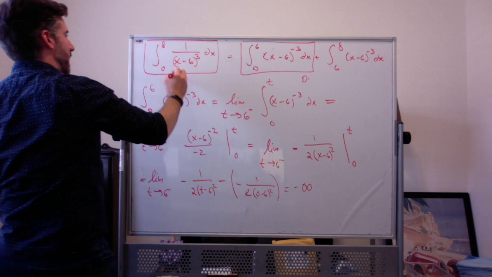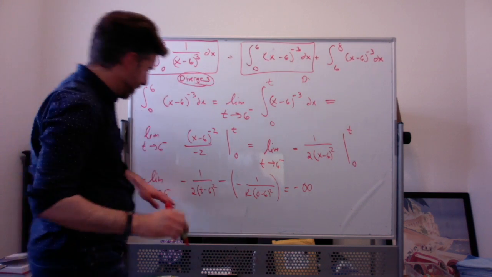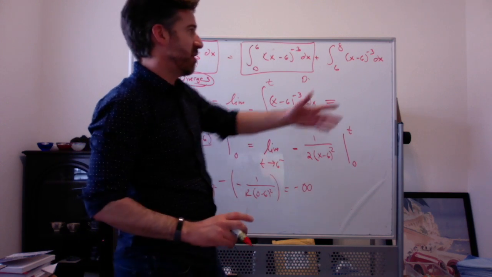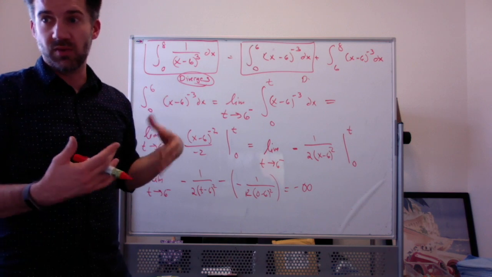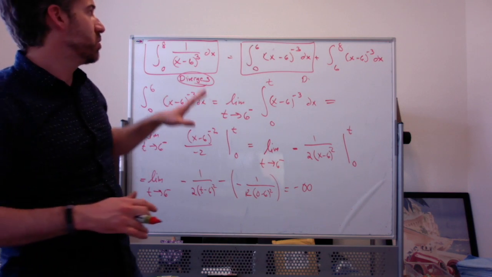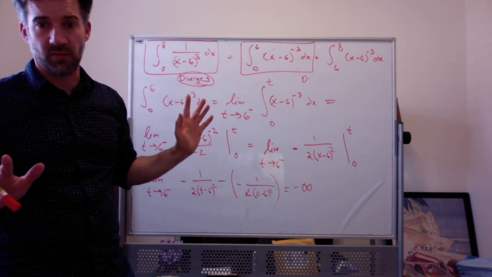Now, I can't say it diverges to negative infinity, because although this part diverges to negative infinity, this part might diverge to positive infinity, and then we don't know what the sum of those two things actually diverges to. So if you have a multiple-part integral and you know that one part diverges, you just stop there and say the whole thing diverges, but you don't talk about if